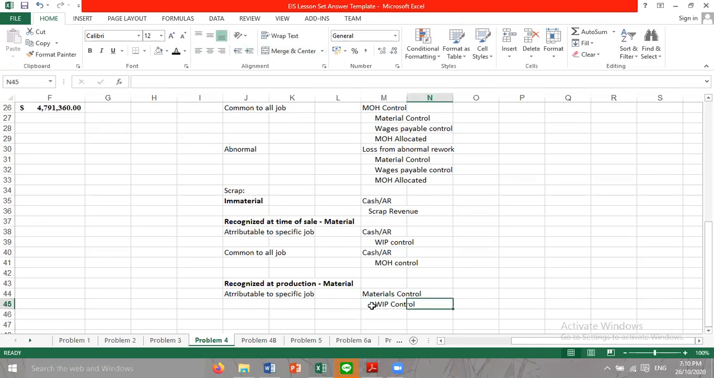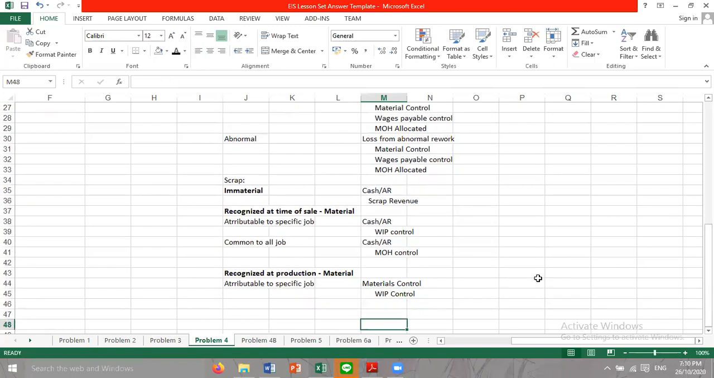So once again, we reduce the cost of that specific job, but this time, since we recognize it at production and we store it first, we recognize its presence in the storage by adding materials control. Now, when it is sold, the journal will simply be cash or AR, credit materials control. So yeah, we acknowledge that our scrap from the storage room is sold, so it's reduced, and we get cash